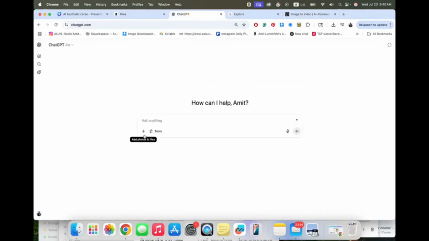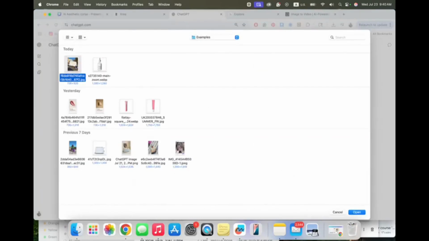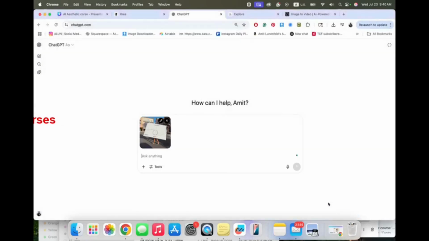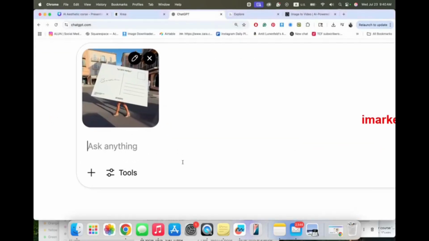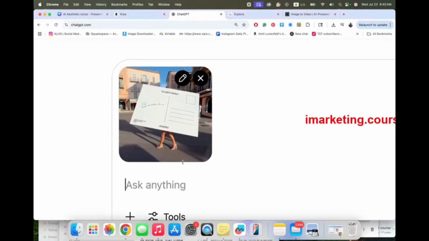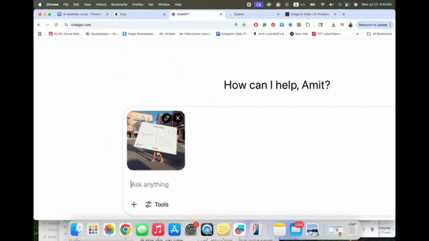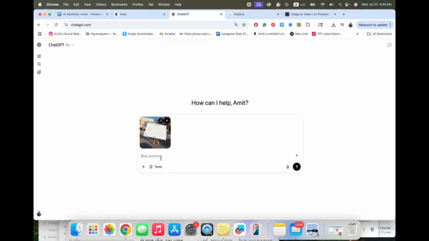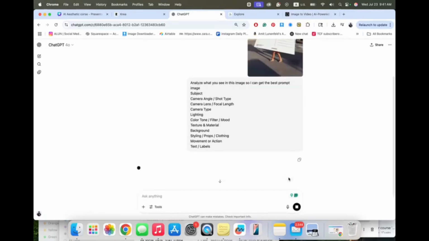Let's go into ChatGPT. First of all, we're going to add the image. I want to use these two images. This is a postcard and an ordinary product. This is the product we're going to use for this specific video. First of all, I want to ask ChatGPT. I want you guys to see the picture. This is the picture. It's a card with legs. I want to ask GPT to analyze this image in order to get the best prompt. So I brought my list from before: subject, camera, lighting, all of the things that of course you will have below. Let's see what it says.